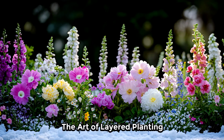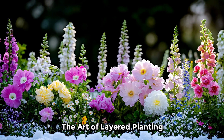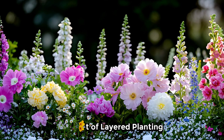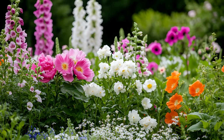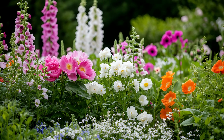An English garden embraces a natural, overflowing look achieved through layered planting. This technique creates depth, movement, and harmony within the garden. Start with taller plants such as hollyhocks, foxgloves, and delphiniums at the back of garden beds to provide height and